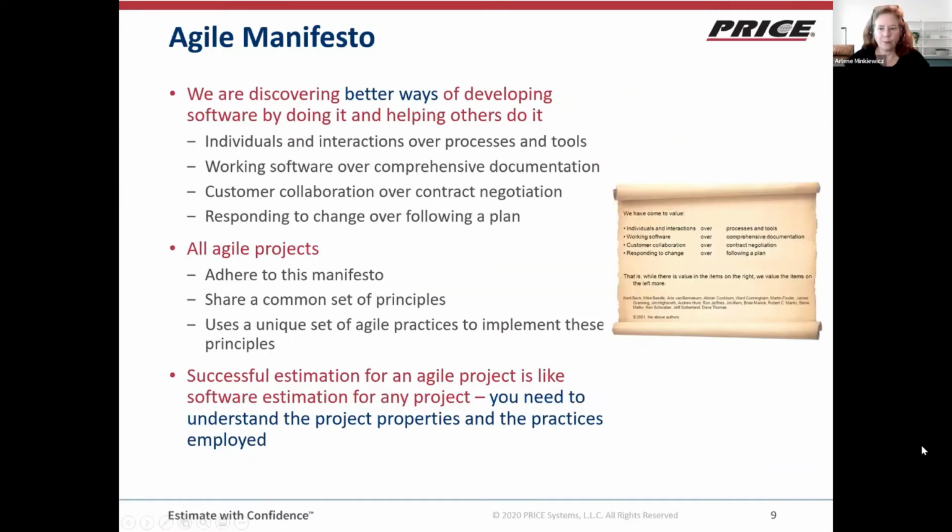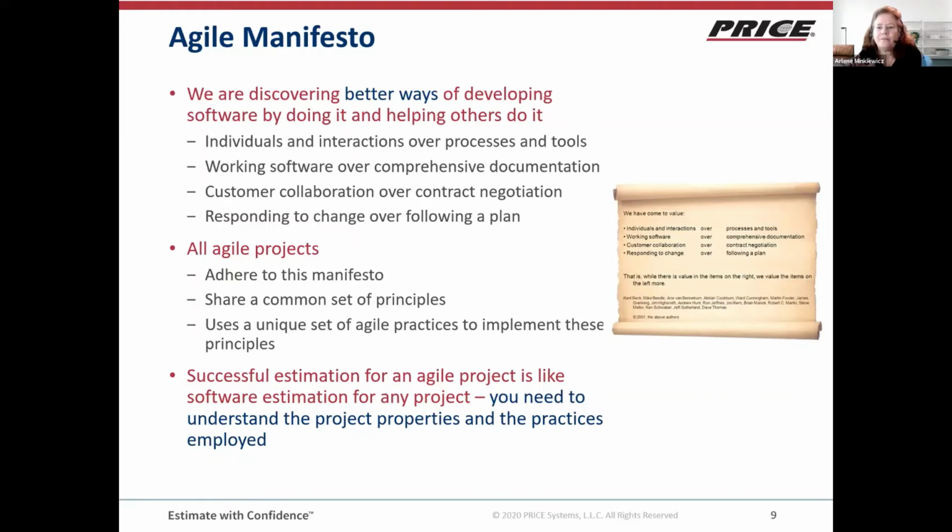So, very briefly, the Agile Manifesto. A bunch of smart people, software developers, got together and decided that a lot of the formal methods, a lot of the very stringent controls that started to fall over software projects to rein in this failure, went too far. So we're discovering better ways of developing software.